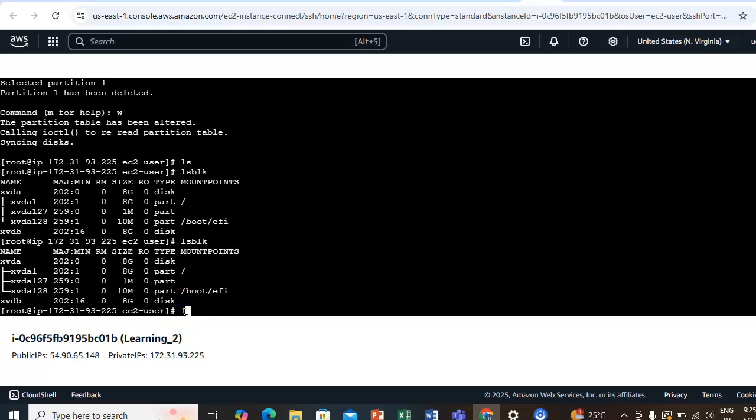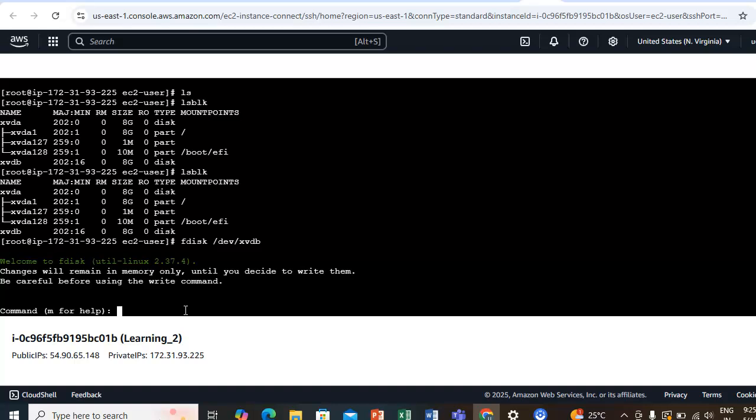First, we need to execute the fdisk command. Fdisk, then mention the device name, /dev/ and the disk name. First execute this command and mention the disk name, /dev/xvdd. It is the disk name. Then